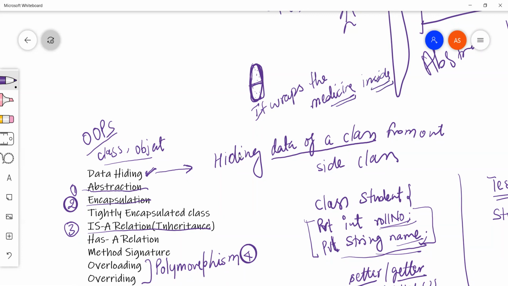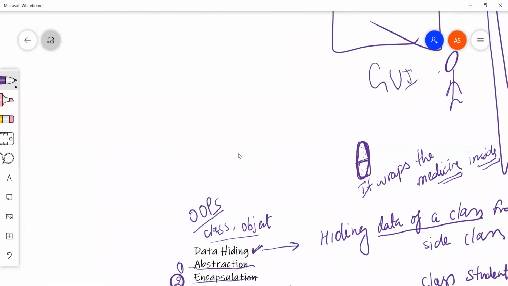Similarly, when we say encapsulation, it is a mechanism or process of binding your data members and your methods together. For example, we have data like int id and string name, and we have this data for a person.